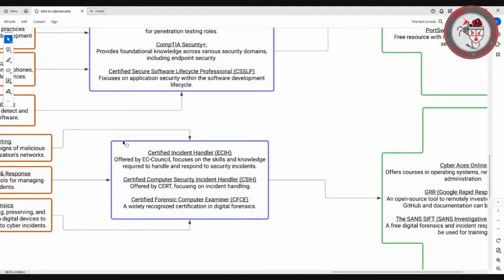All right, so when we talk about the blue, it is always the certification that has been identified as important, or as needed in order to perform this job. And these certifications, you can